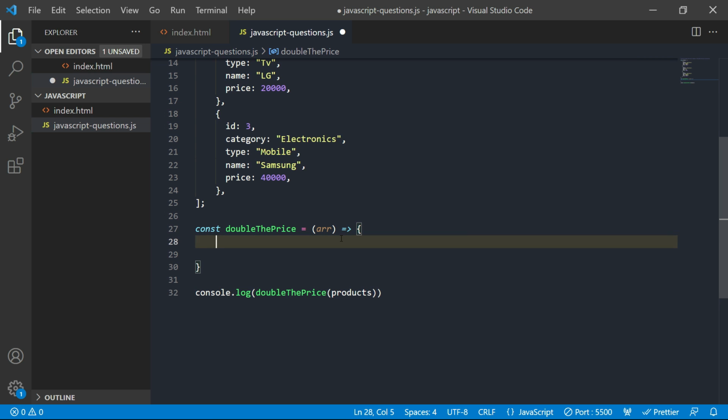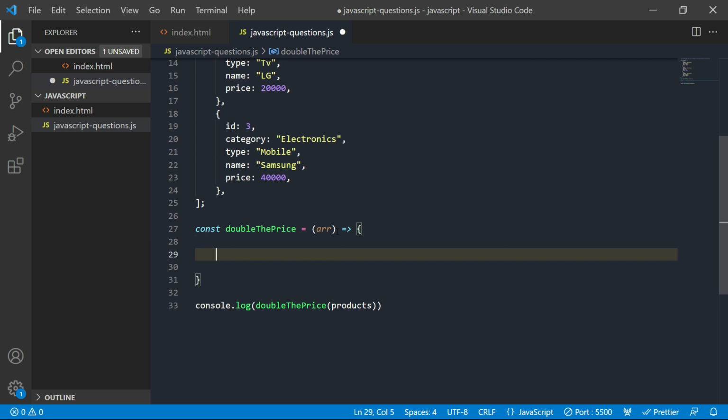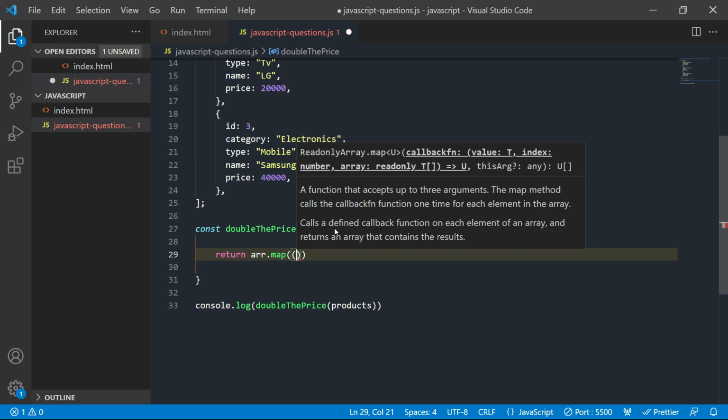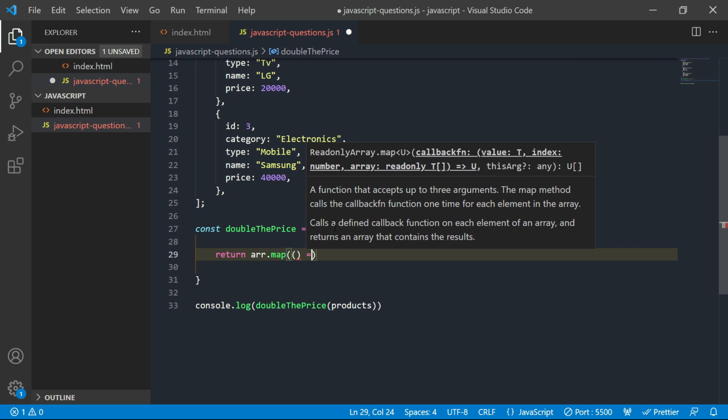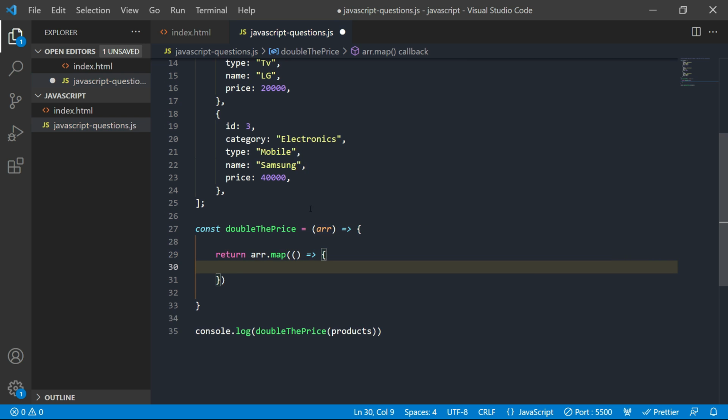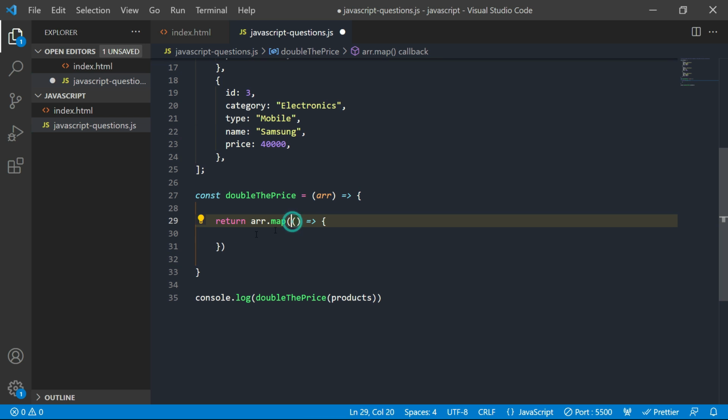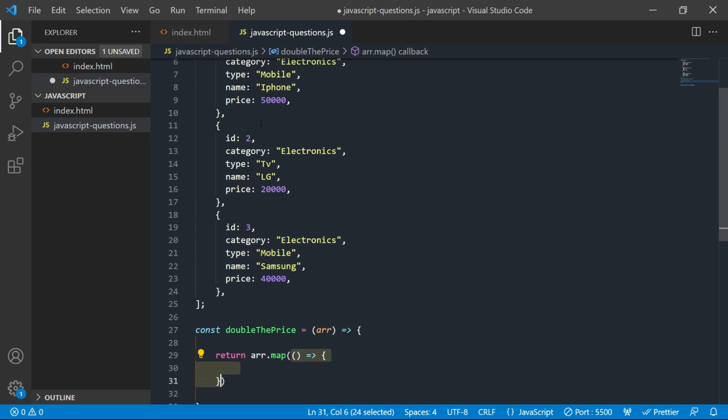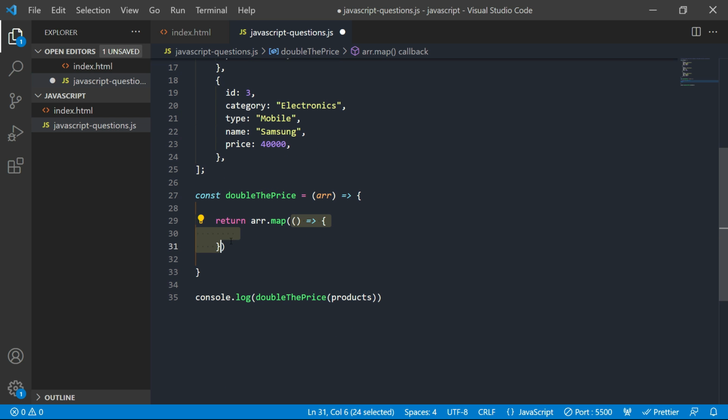Okay, so now let's return array.map. The map method accepts a callback function, which is going to iterate throughout this array, and it is going to be called on each iteration, right?